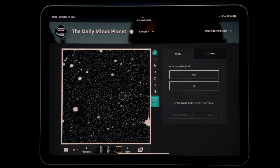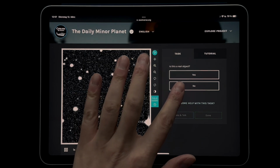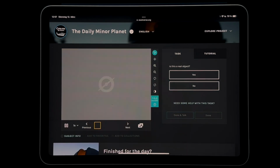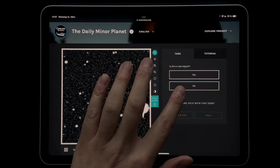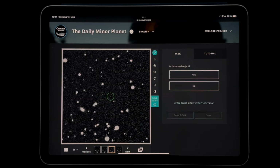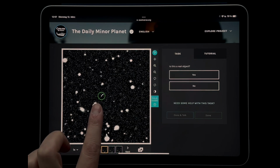I'm a bit disappointed because all the objects we've seen were the already known ones, and we haven't really discovered anything new. Nothing here. This one is interesting even though it's not